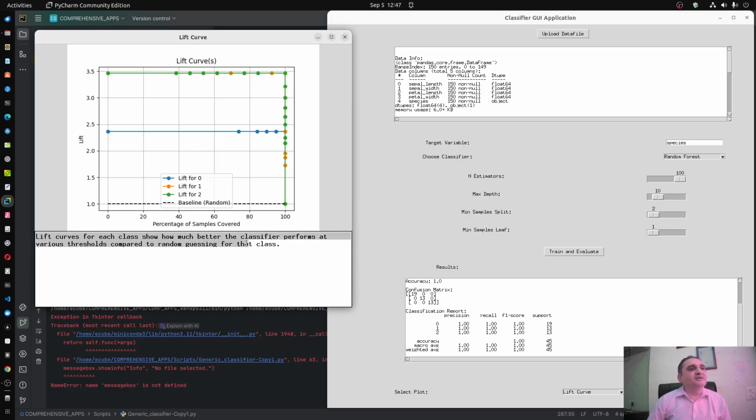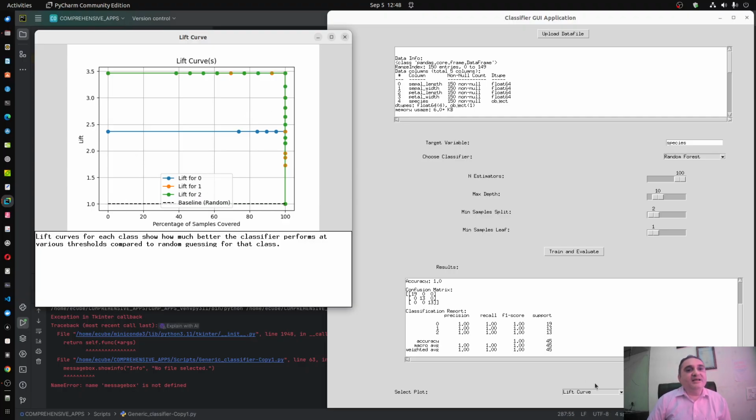That I have also provided here. It shows how much better the classifier performs at various thresholds compared to randomly guessing for that particular class. And blue color is somewhere having less lift. So that means the classifier performs well for maybe the green and orange classes, that is class 1 and 2, compared to class 0, blue color, for different thresholds.